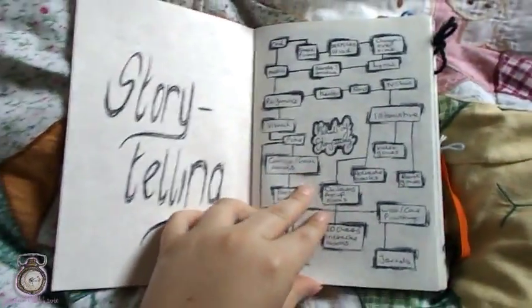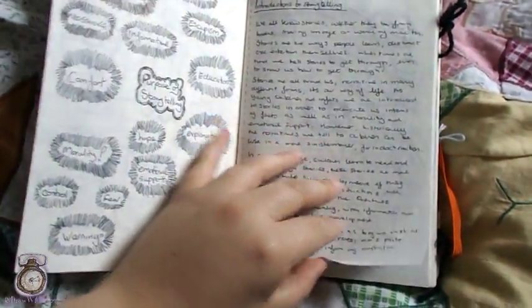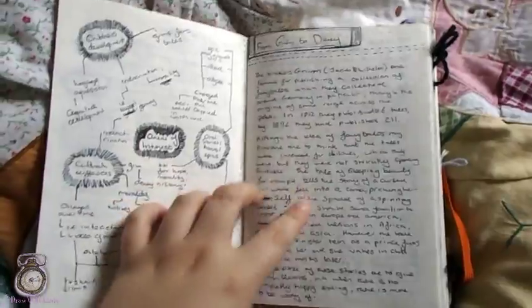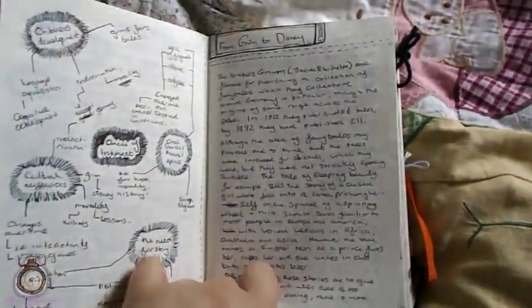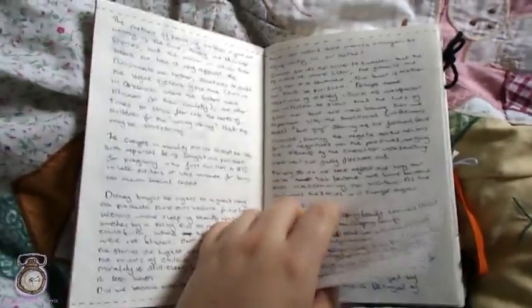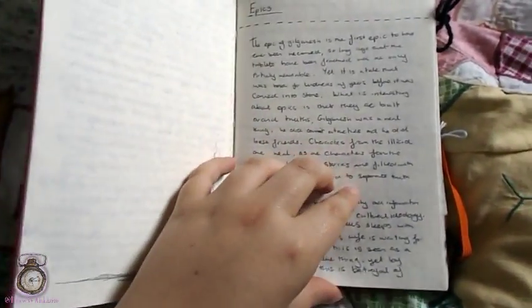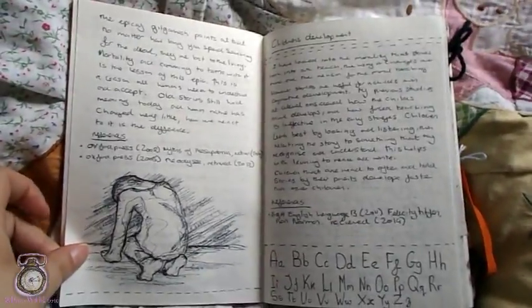Gates. Mind mapping ideas. Introductory, more mind mapping. Contextual information about the Brothers Grimm compared to Disney. I've put in all my Harvard referencing, which is something I'm going to have to get used to because you need to use it all the time at university in every single subject. Stuff about traditional epics, again with the referencing,